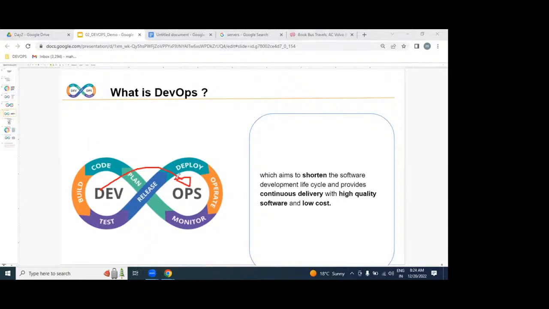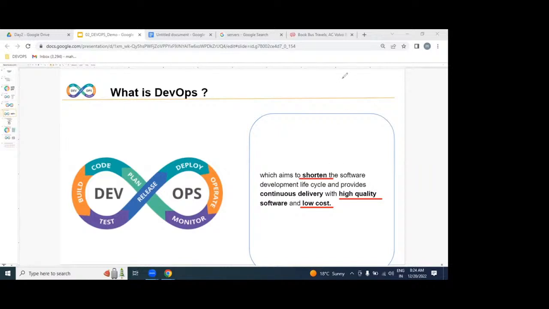While delivering working software from dev environment to production environment, make sure you are delivering within the shortest time, with high quality, with low cost. That is nothing but DevOps. So let me repeat this point. What is DevOps? DevOps is an automated process to shorten the software delivery into the production environment, and we need to provide high quality with low cost. We are going to be placing our applications on hundreds of servers in an automated, transparent way.